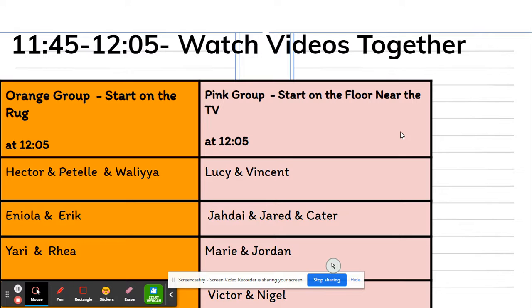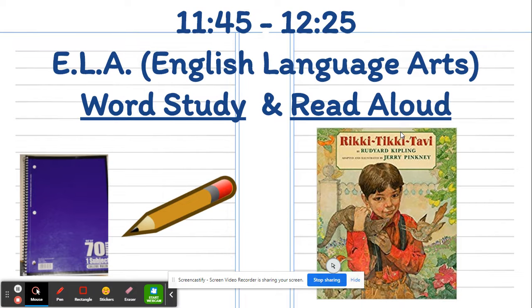I always ask Hector and Walia to move the table for us so that they make more space for us. And there's little yellow dots on the carpet where the kids can sit and or lie on their stomachs. They get their whiteboards that are on the windowsill and a dry erase marker, and they draw out what they hear as you read the story aloud. So you'll be doing the same activity twice.